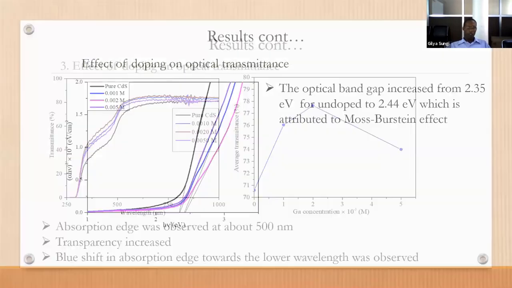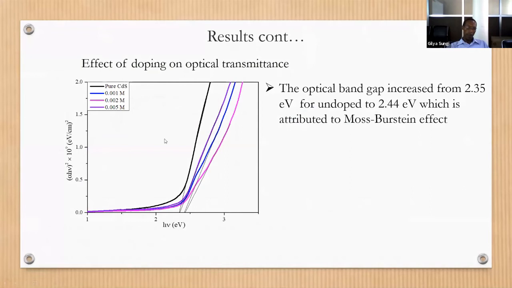We also see the band gap of the prepared film, in which the film prepared by this modality had the largest band gap. I mean the band gap of an optical film. So there was an increase in band gap with increasing dopant concentration. And the increase in band gap can be attributed to the Moss-Burstein effect, which is the result of increased carrier